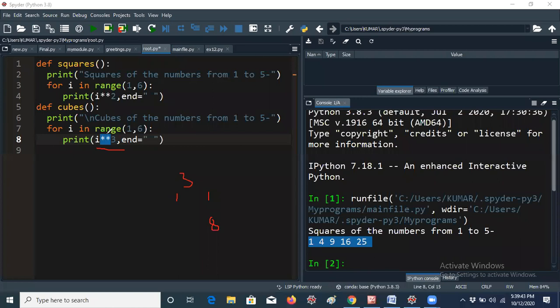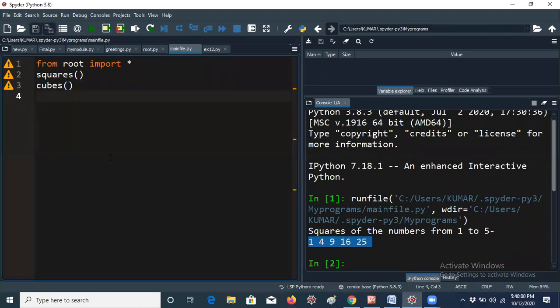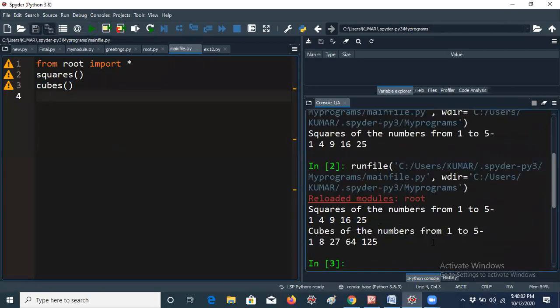So this is just the cube value, and this is for the squares value, that's all. This is the only easy logic, guys. Here this program cannot return anything. If you run this program you cannot get anything. You have to run the main file only. You should remember this concept. So let me run this now. I'm getting 1 4 9 16 25. Cubes of 1 to 5 is 1 8 27 64 125. So this is the way you have to get the output, by using custom modules. This is the way of custom module creation, guys.